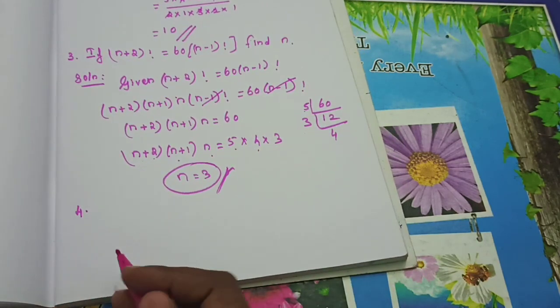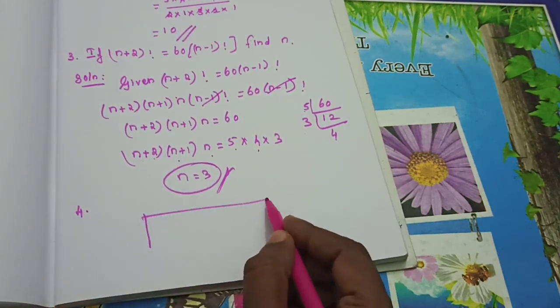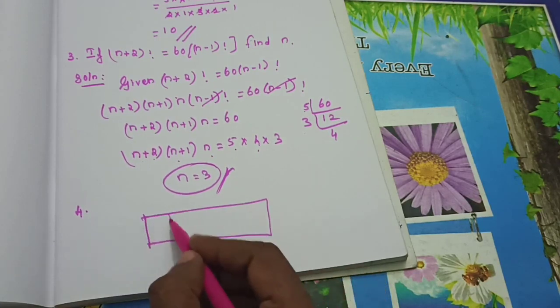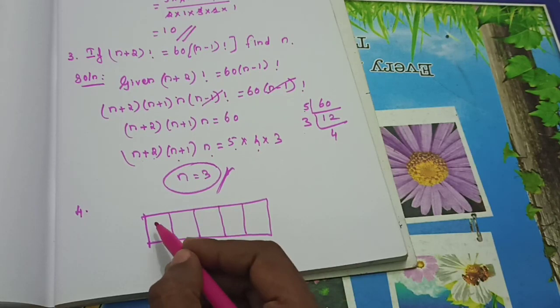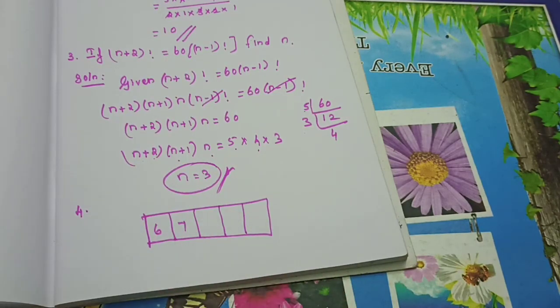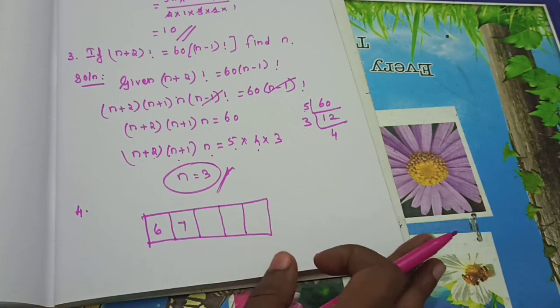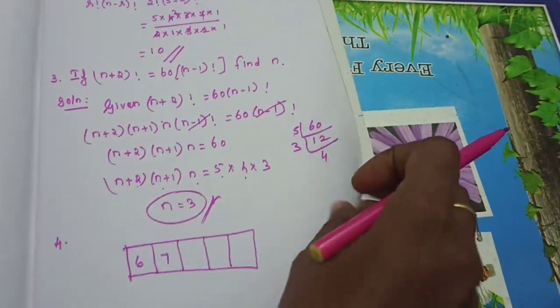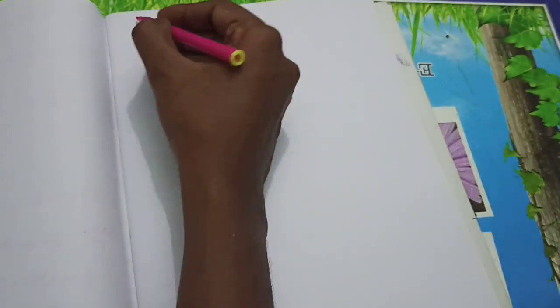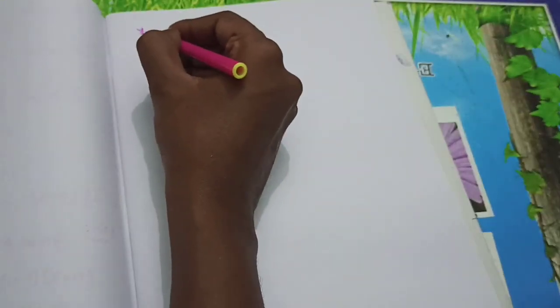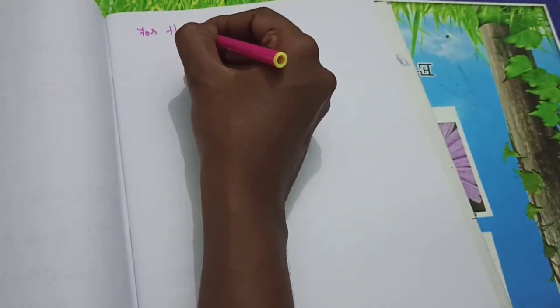So first I am going to allot one box. The same steps we will follow. 1, 2, 3, 4, 5. So 5-digit number, first 2 digits already given. So remaining 3 digits you have to find. So I am going to write the steps. For how many digit number do they say? 5 digits. So for the 5-digit number,